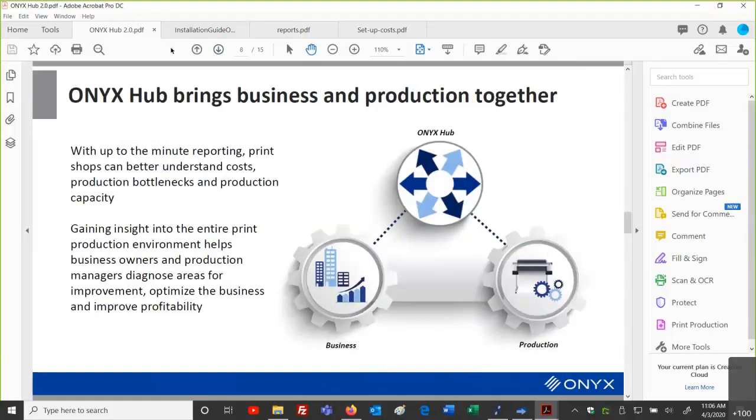Bringing our business and production together. Because we're working in production, we're ripping, we're printing files, we're having finishing taking place, we're doing all these different processes and steps in production. From an aspect of business, the front-end marketing, what are we putting our pricing to for our costs, our ink information, we can now gather this data as a tangible from Hub, it's giving us the reports that we need to bring these two components together to bridge the gap between the front-end business dynamic to the production back-end and learn and understand better what's going on. And from Hub, we're going to be gathering this information and reports.